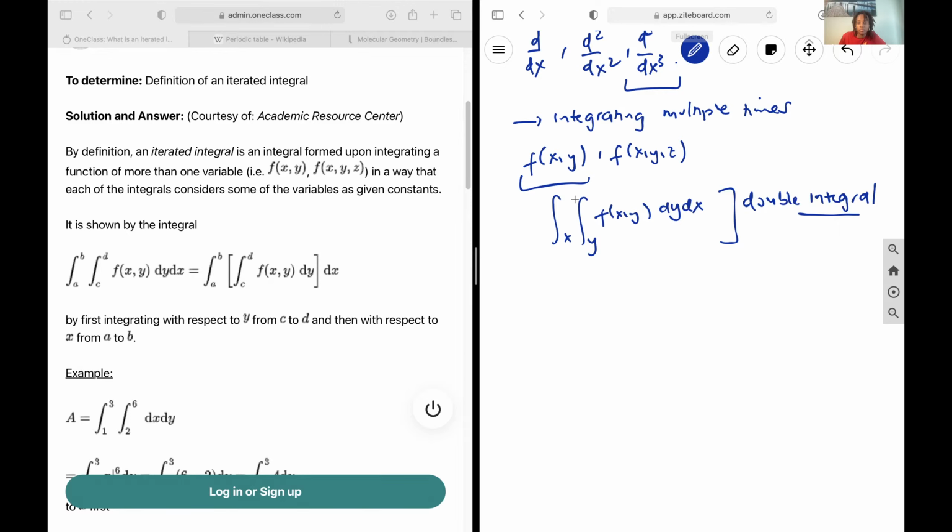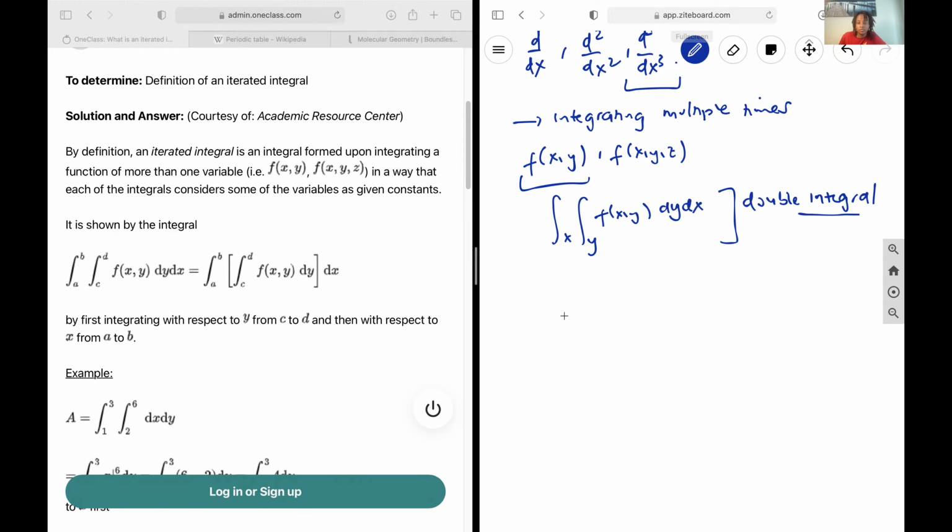And then after we get the answer for the integral of f of xy, we're going to integrate over x next. And since we've already taken the integral with respect to y, there'd be no more y terms left, only x terms or constants, and then you get your final answer. And so a good example of this would be,